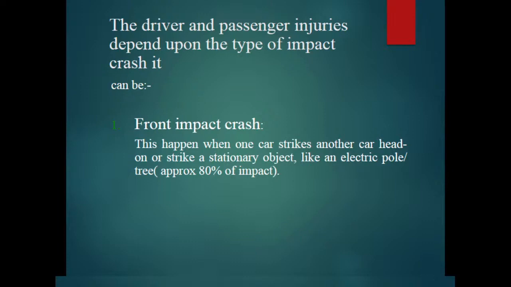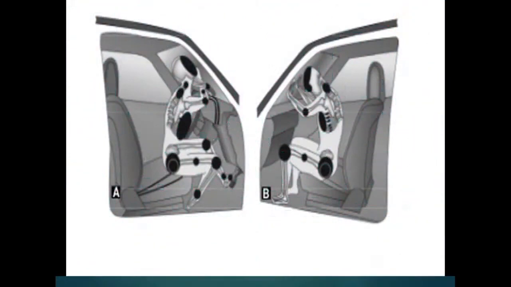Approximately 80% of the impacts. In this case, we see specific injuries of the driver. Driver obtains injuries of the face, obtains injuries of the abdomen by the steering wheel, fractures of the hands and wrists because the hands are situated on the steering wheel in most of the cases. Fractures of the vertebral column, basically at the cervical region, traumas to the feet and traumas to the hip joints